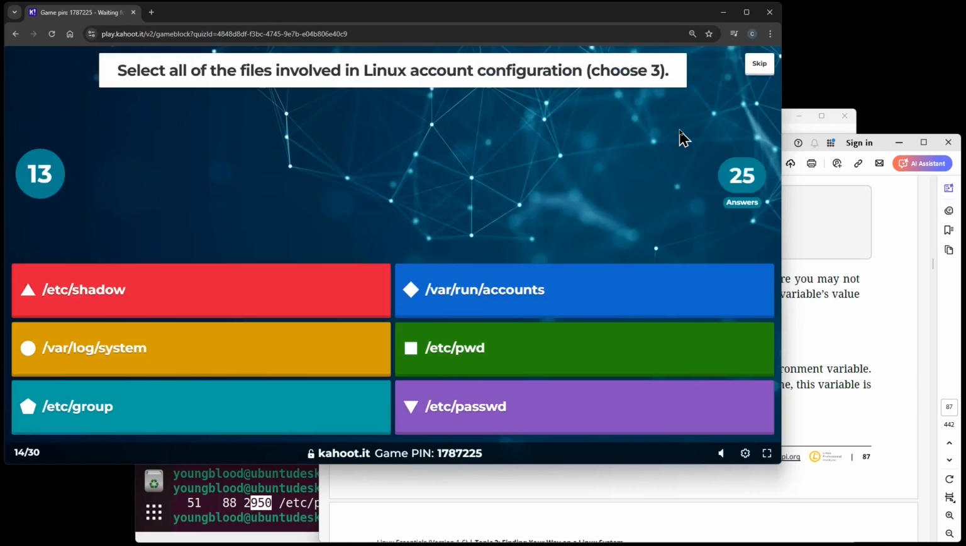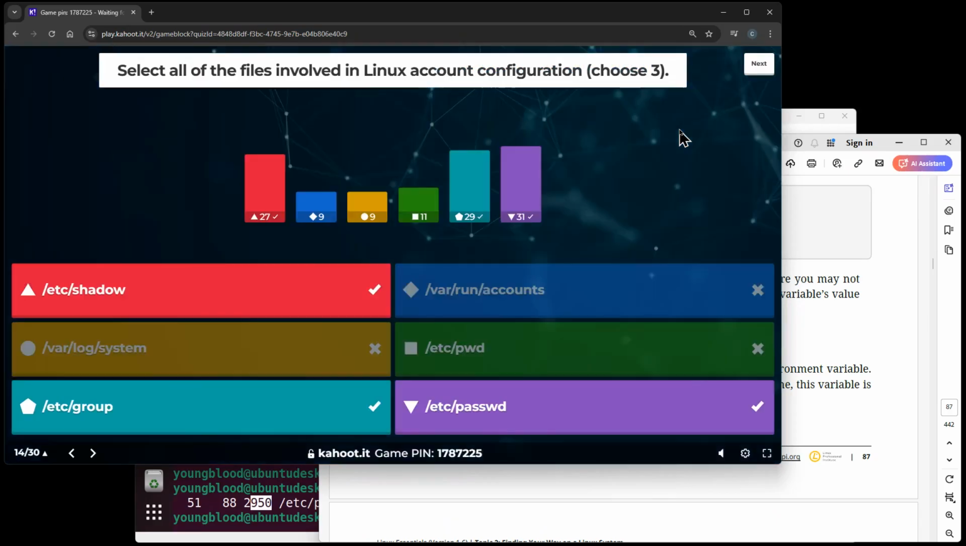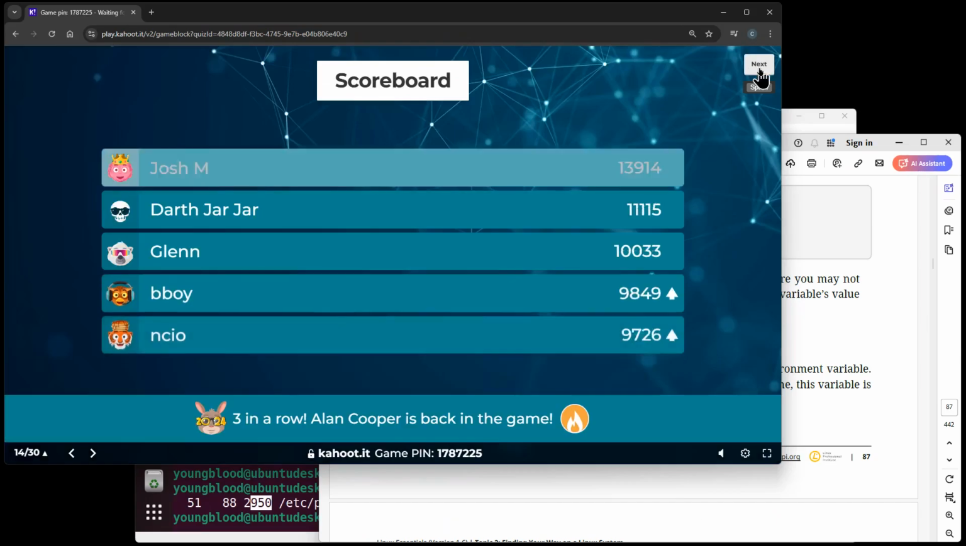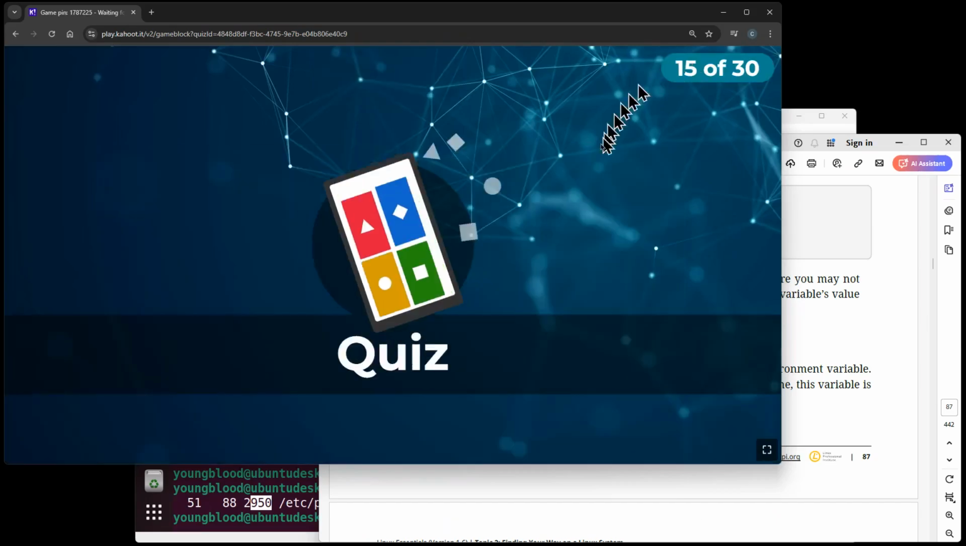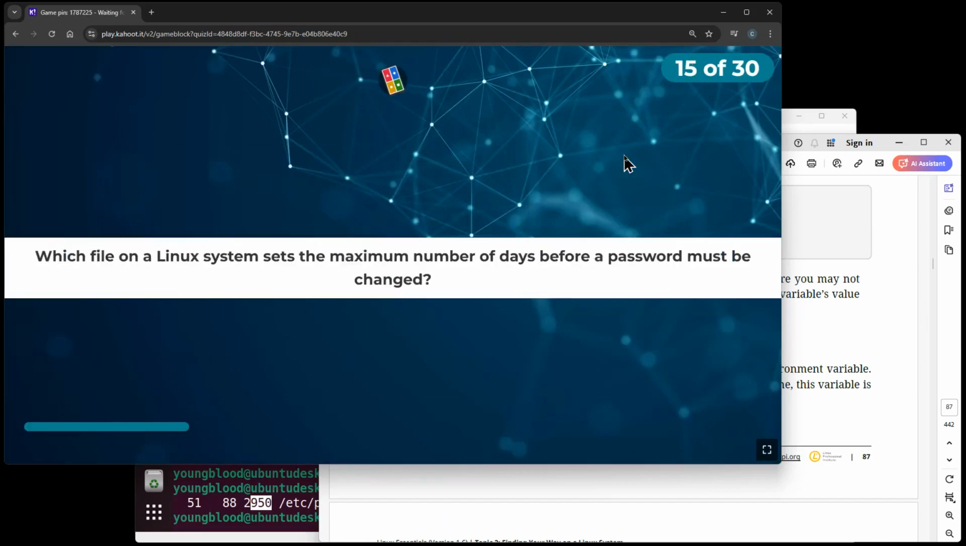Told you the makeup of the exam: 30 choose individual, 7 choose all that apply. I'll tell you about the other 3 that are left over after this question. The 3 files we're referencing are /etc/passwd, /etc/shadow, and /etc/group. And last of the 3, which file on a Linux system sets the maximum number of days before a password